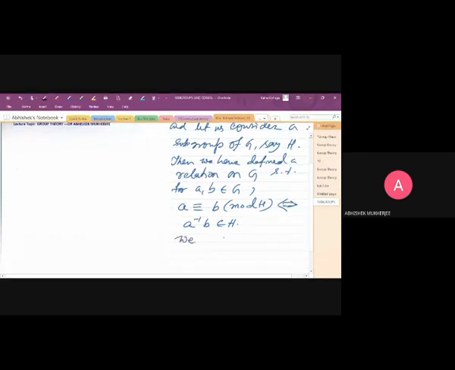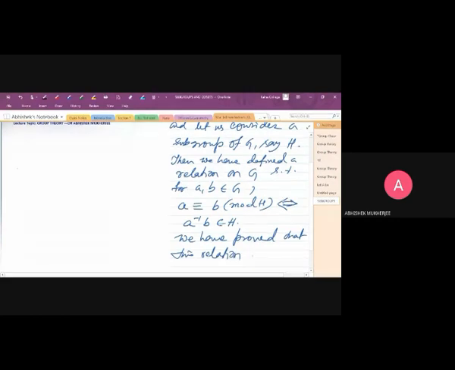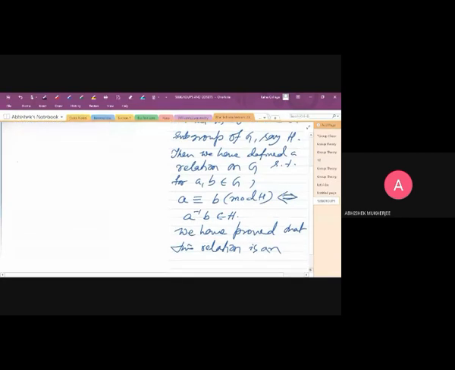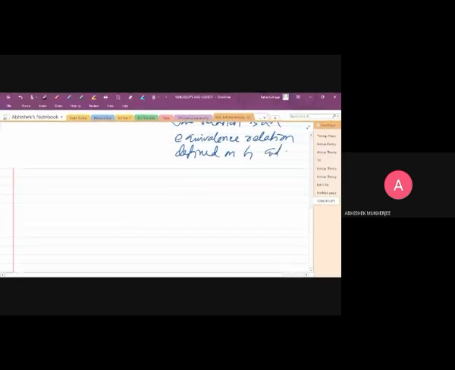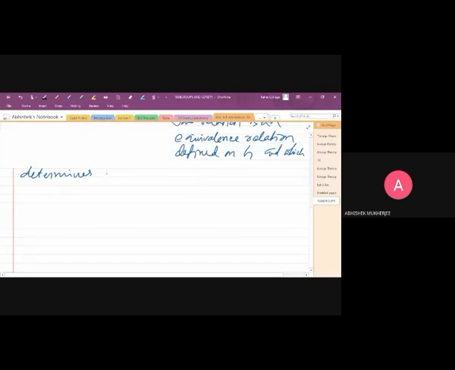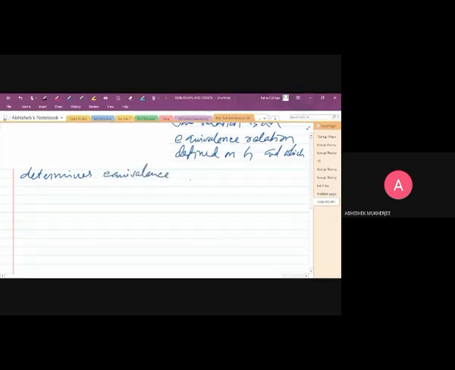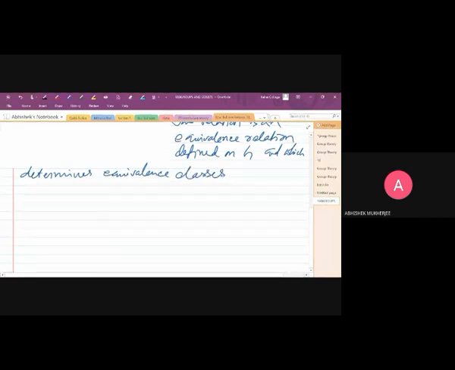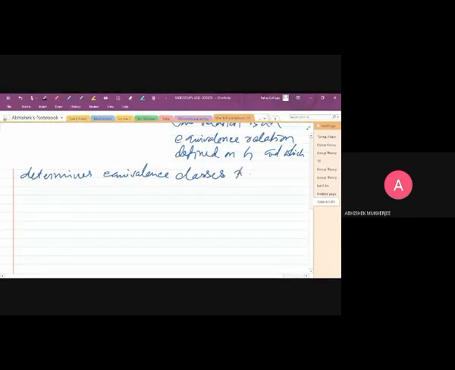And we have proved that this relation is an equivalence relation defined on G, and which determines equivalence classes that are called left cosets of H in G,